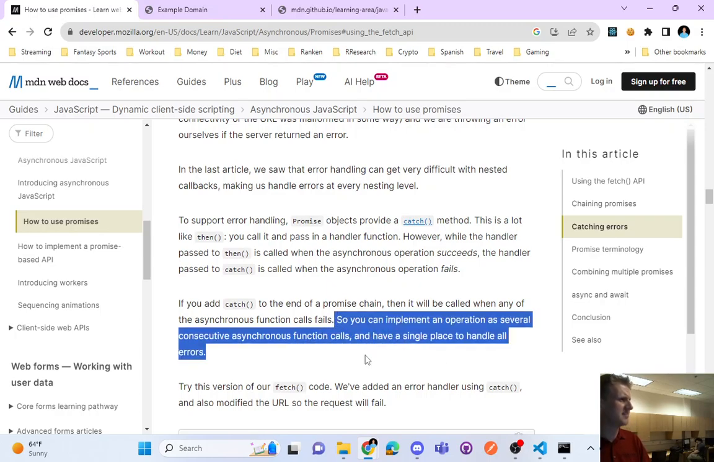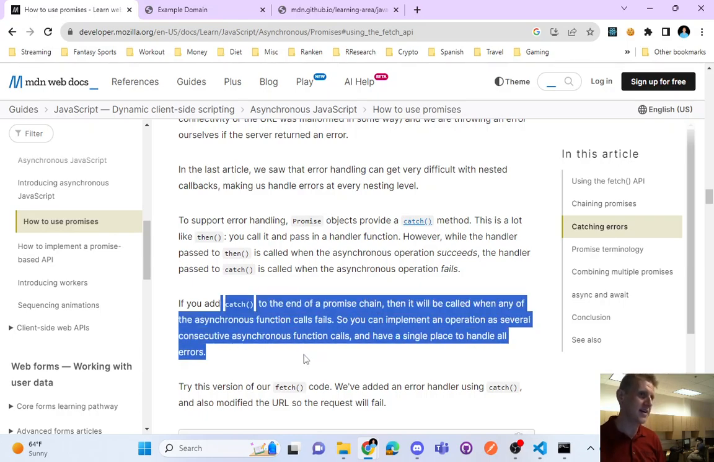errors. Right? So what they were kind of saying is, hey, the way that they were coding it before, you might have to nest a bunch of error handling at every level, but this is just a single catch block to handle